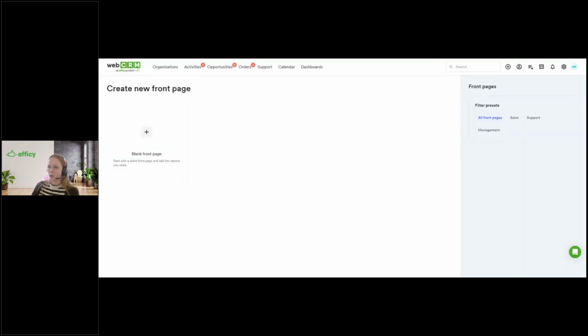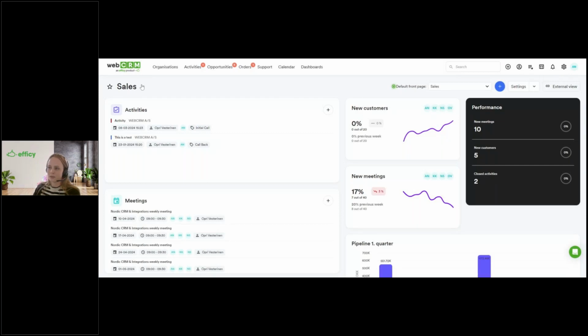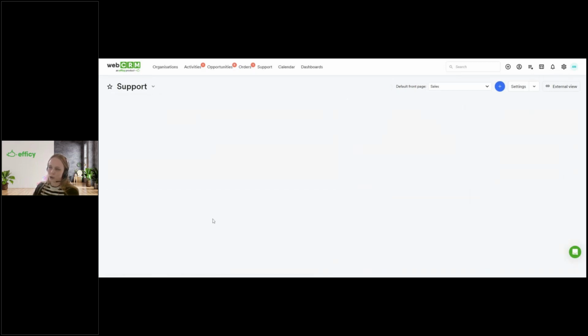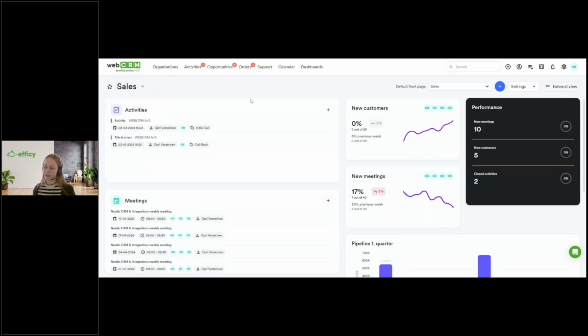If I just go back to all of my front pages, I click on our icon here, or logo. And if I click up here again, then you can see we have the sales front page, the sales management, and now the support. And again, if I click support, you can see it's just empty as we have not filled it out with anything. But if we just take a look at the sales front page here, you can see we have some different